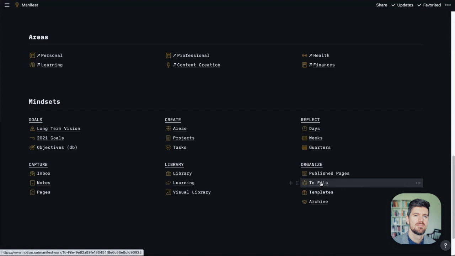Any templates that you've downloaded and want to try out, but haven't got around to, could live in their own space before they might move into, say, a project view or an area view. And lastly is archive, moving things that are not relevant or not actionable out before deleting them permanently.